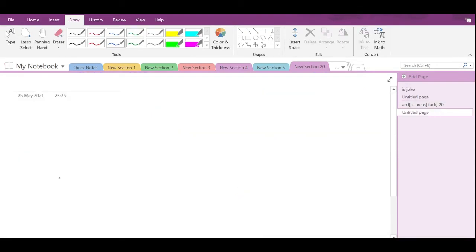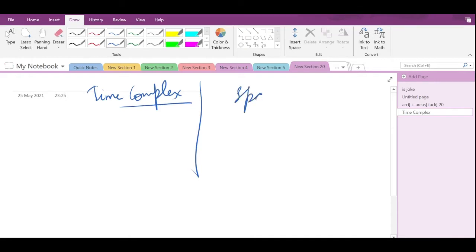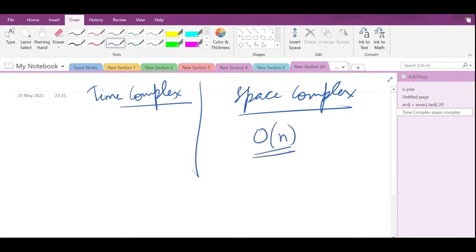Now let's compute the time complexity and the space complexity. Building the hash map for n elements is big O of n. Then I run two loops, checking all the pairs, which is big O of n square.